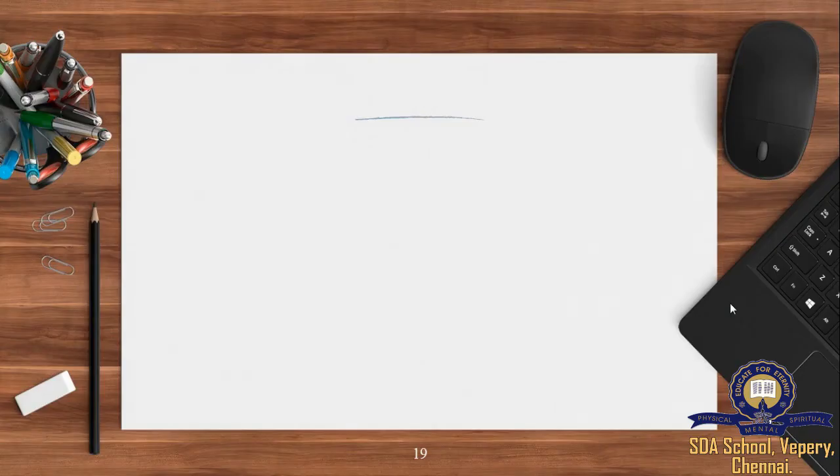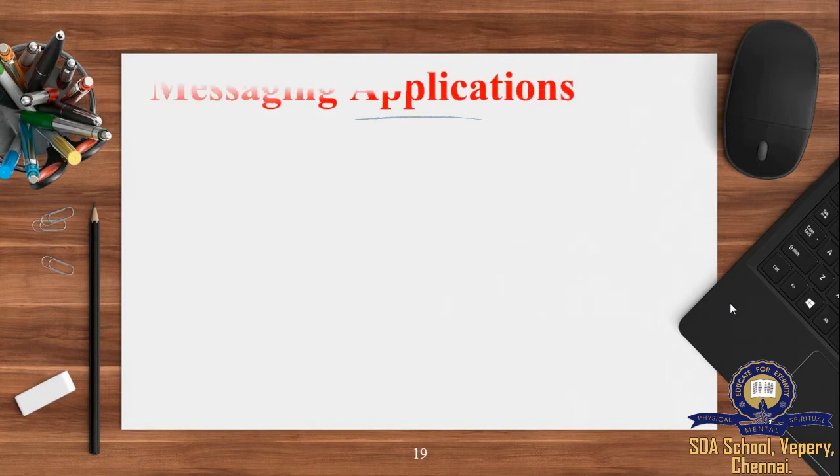Okay, children. So now you all know the three types of application stores and how to install an application from these three application stores. Now we are going to see some useful applications which are very essential for us in day-to-day life. For that we'll see the first one, messaging applications. Now everyone has stopped writing letters to the other person. In olden days, they used to write letters. From one location to another location, if they wanted to pass some information, they would do it through letters.